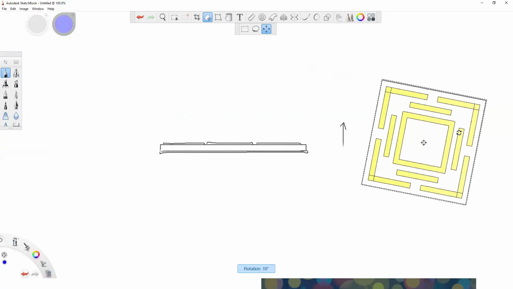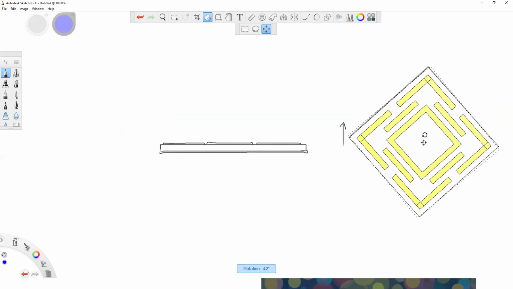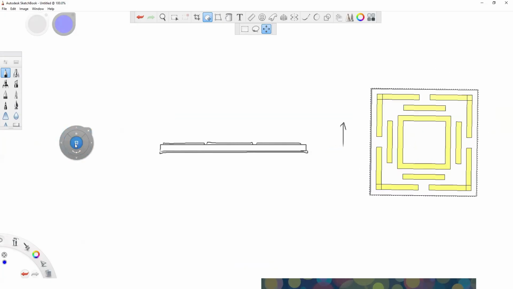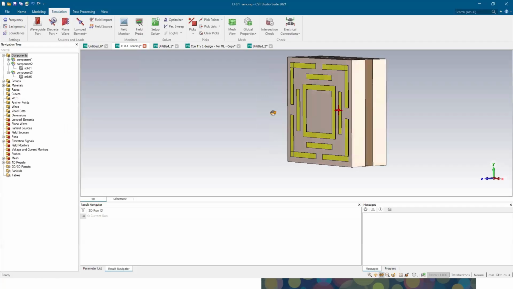So if we rotate the structure like this and say the light is falling on top of this one, with respect to the light or the electromagnetic wave, the metamaterial is changing its polarization. But if we rotate the sensor like this,